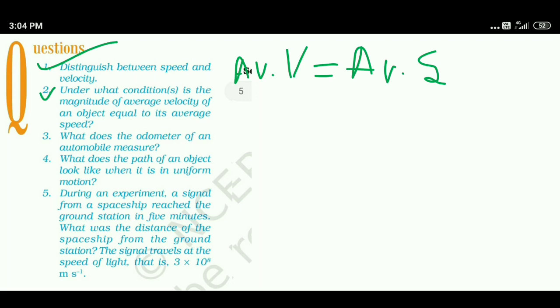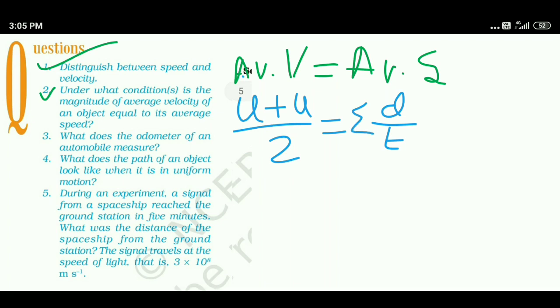Now what is the average velocity? Average velocity we know. If you are watching this video for the first time, you may not know what average velocity is. Go through my previous video, you will definitely come across it. There I have explained every topic very elaborately. See, average velocity is (u plus v) by 2 and average speed is total distance by total time. Okay.